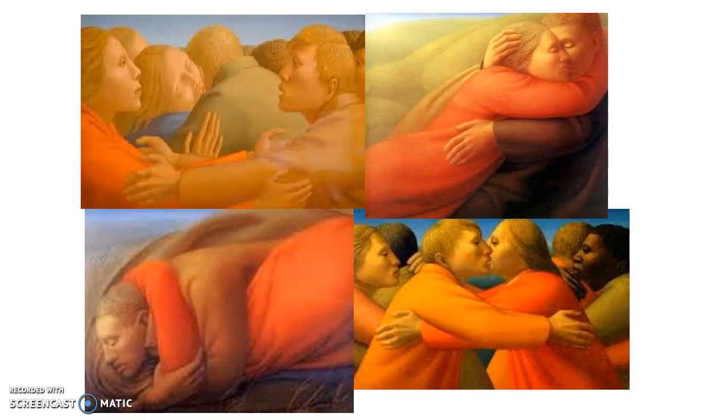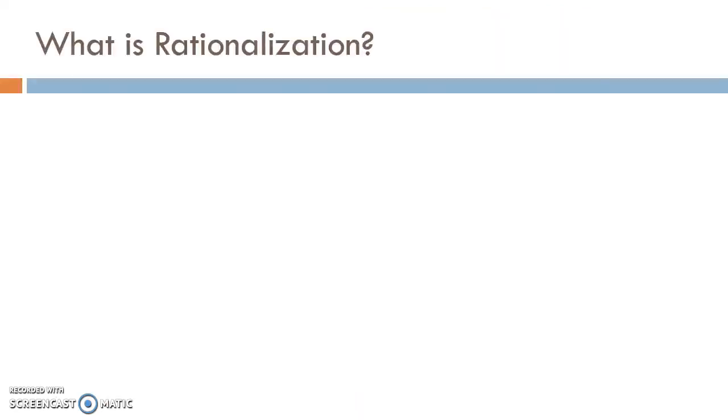There's more of a sense of togetherness, truly intimate social relationships, embracing one another. And you can see the art is very different. There's an interconnectedness of the lines as opposed to the kind of cold, straight, hard lines in the prior images. So if you're just thinking about those images and taking those with you as kind of the images of a rationalized modern world, we can use that as an entry point into thinking about what rationalization actually means